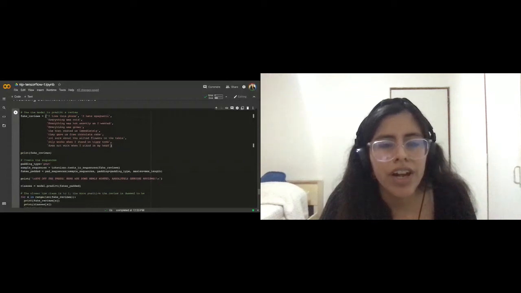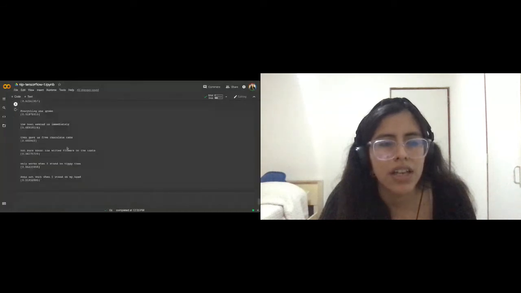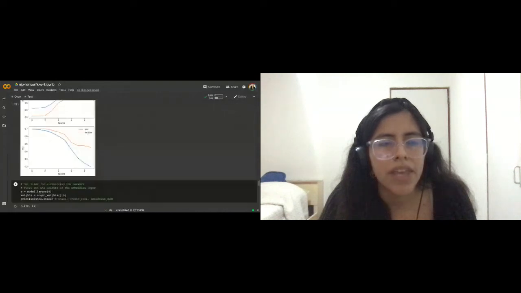Or if you prefer, translate all your sentences into one language and then apply the model. But these are the steps to use NLP in a basic way. So yes, I'm going to change my screen.